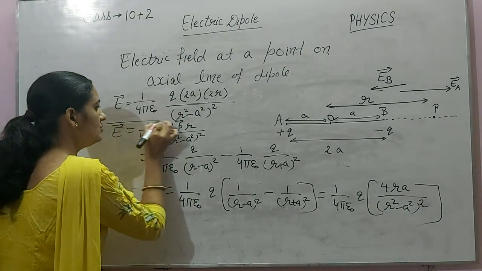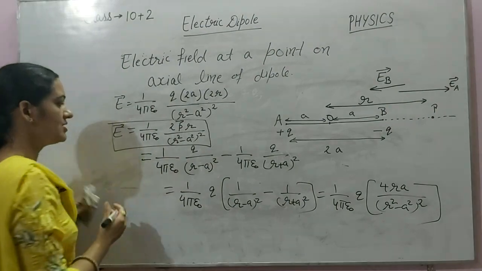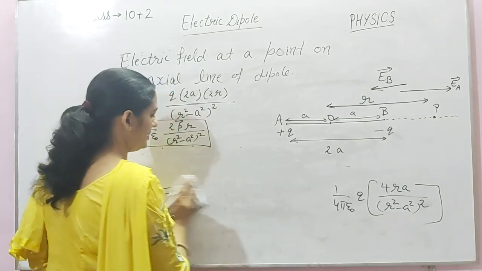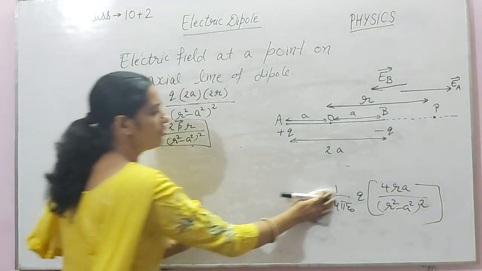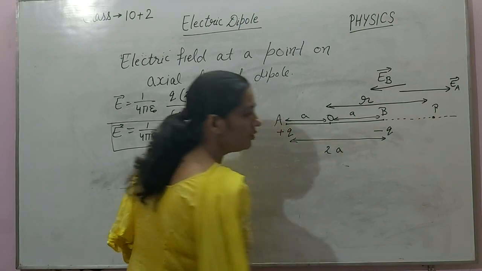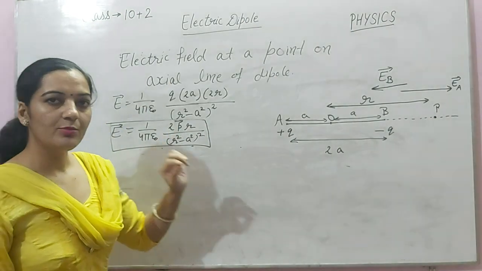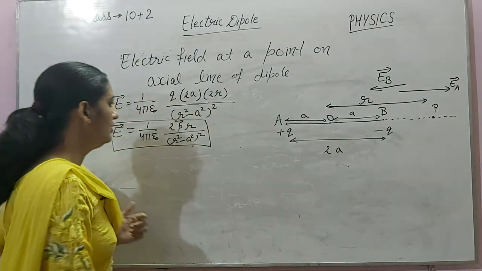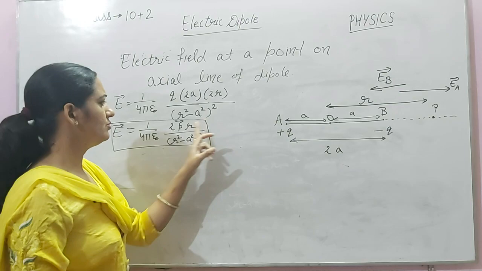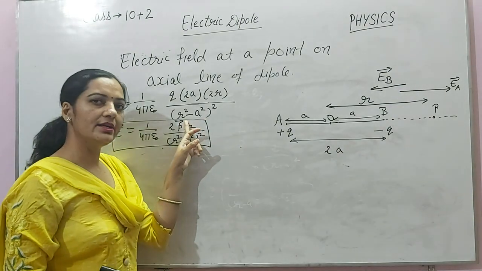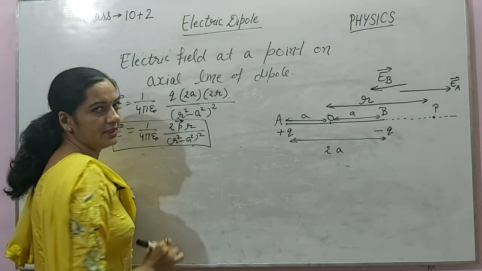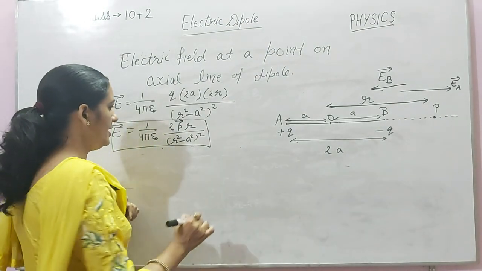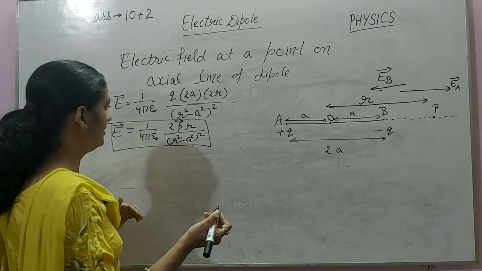Here P vector is used. So the direction of electric field in case of axial line is the same as the direction of electric dipole moment, and electric dipole moment always points from negative to positive. Okay beta. Now there is no need to write down the direction because I have already shown it as a vector quantity. So the direction of P will represent the direction of resultant electric field. It will be from negative to positive.